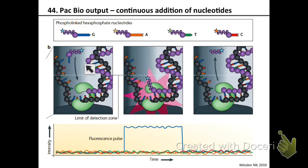So what you have is you put your nucleotide in. If the polymerase catches this nucleotide and attaches it to the growing chain, there is going to be a short amount of time in which the fluorophore is going to be very close to the detection surface, okay? So the detection surface is going to then record the color of this fluorophore in a fluorescence pulse. And after this nucleotide is added, the fluorophore is going to be cleaved and it's going to move away from the